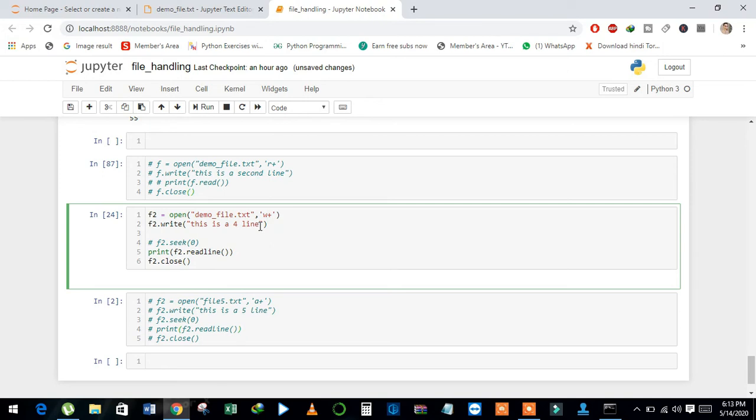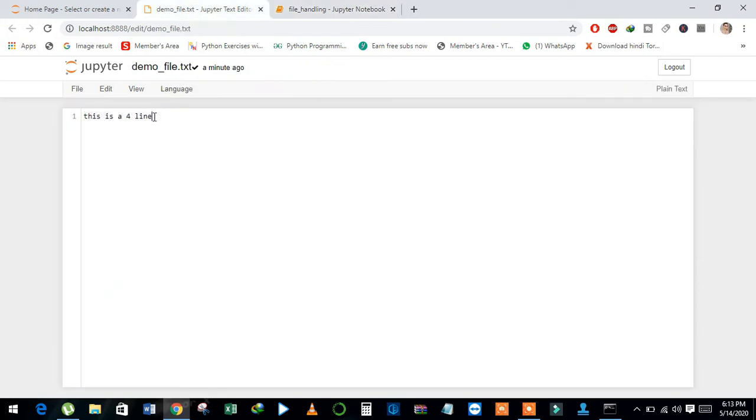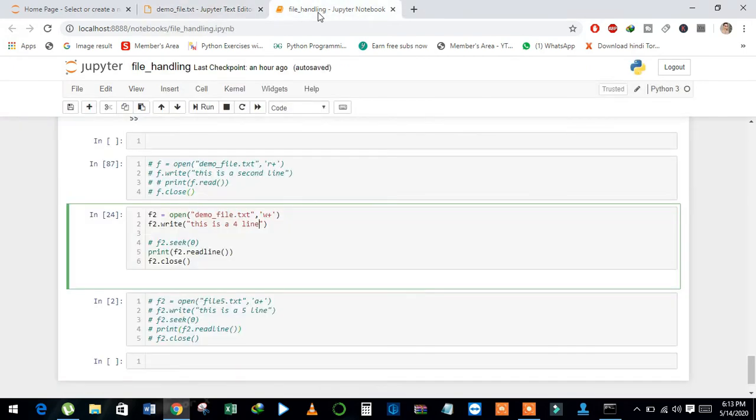That's why it didn't show any result. When we write this line inside the file, our pointer is at the end of the file, and when we start reading, it starts from the end of the file.